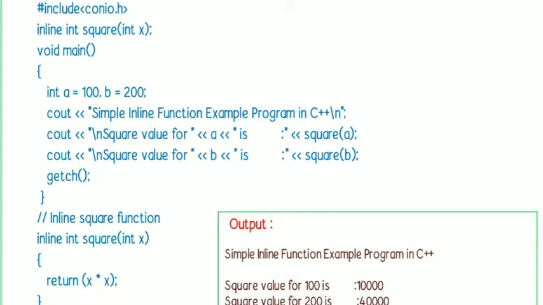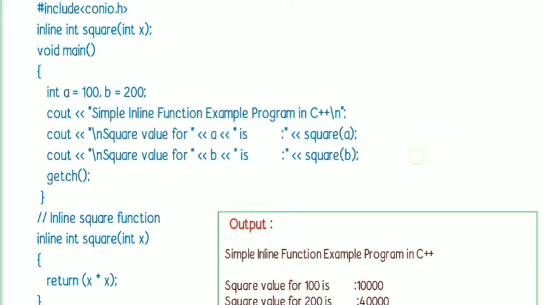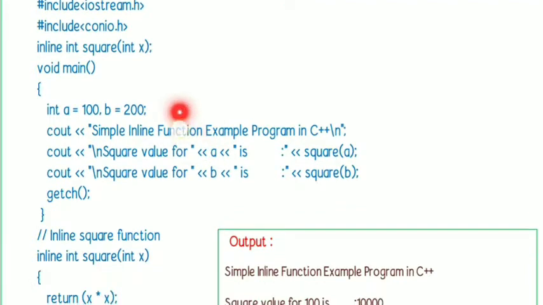An inline function is a function which has the keyword inline in the function definition. That is one thing. The second thing is that the statement of this function is expanded inline during compilation in the function where it is called. Here the main function is only calling square, so in the place of the function call, it substitutes the value. These are the two things you have to keep in mind. There is no need of switching over from the main function to the sub function.